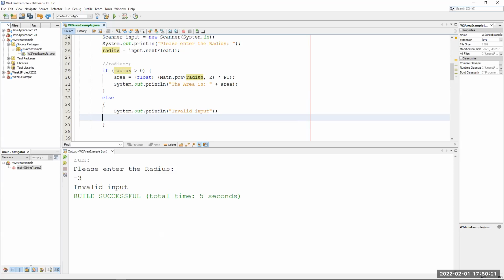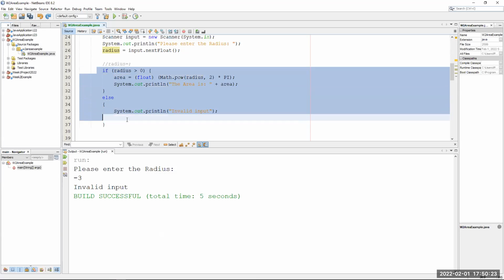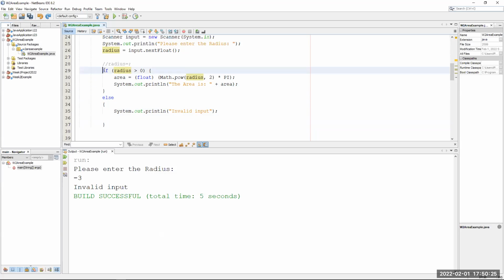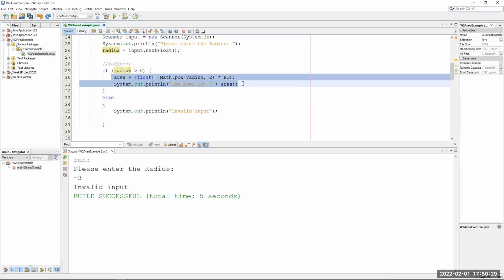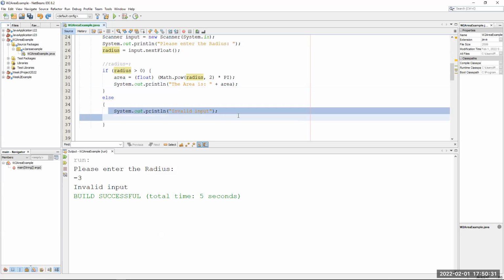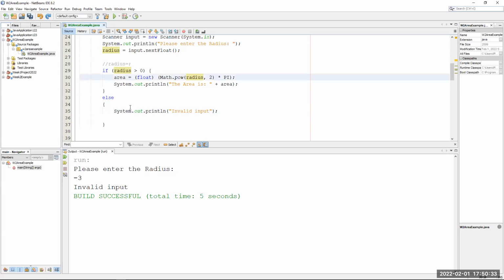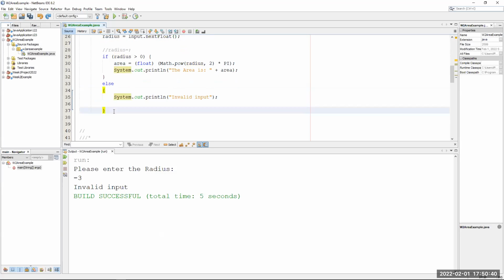Okay. So this is what is called the two-way if statement. We have two branches. Either this branch will be executed here, this block, or this block. One of them will be executed at a time, not both, and one of them will be triggered. If I have anything here outside,